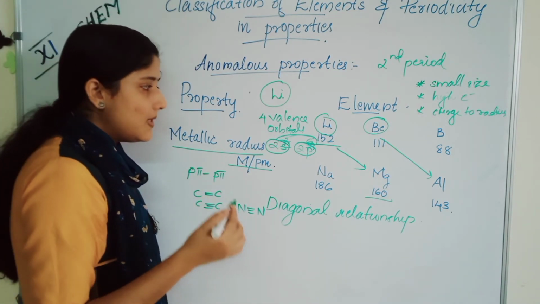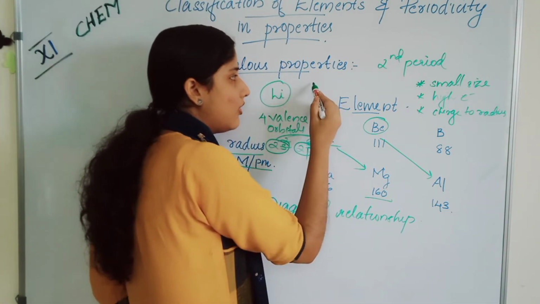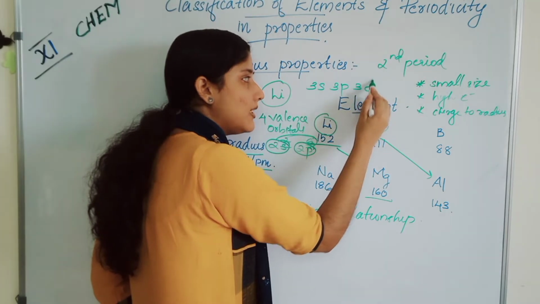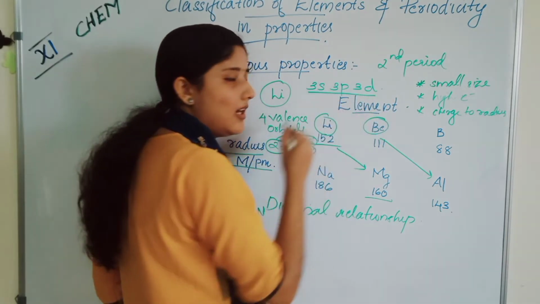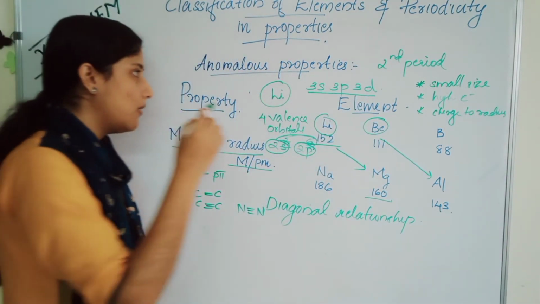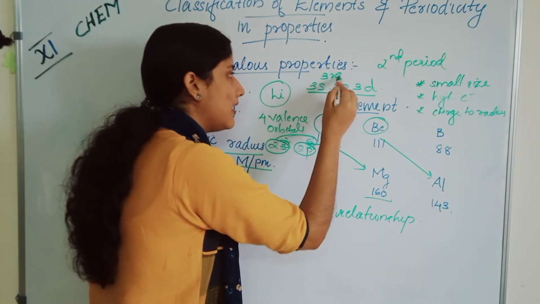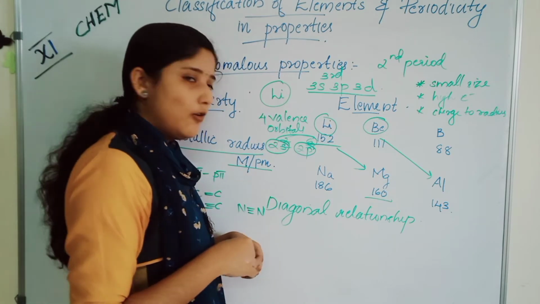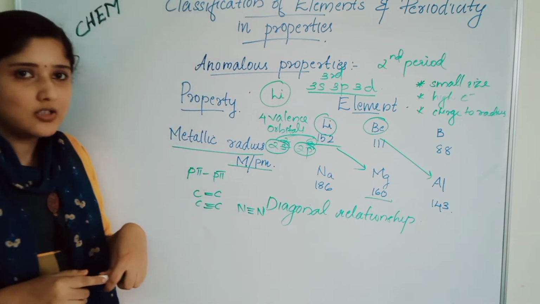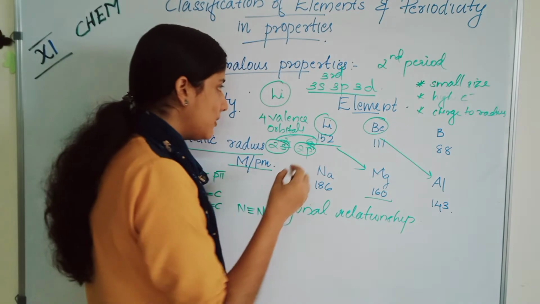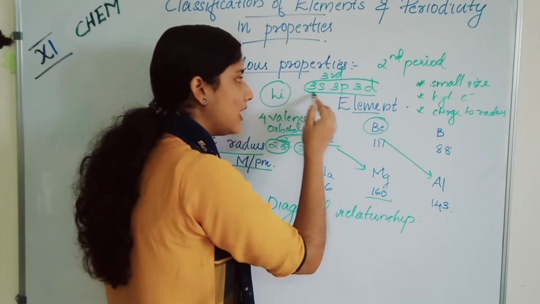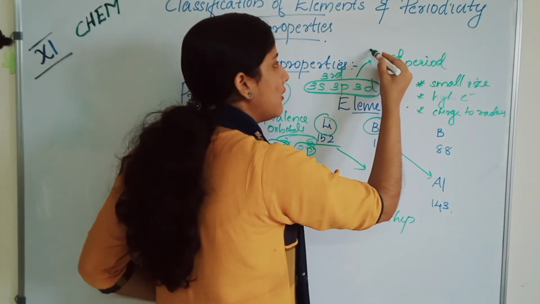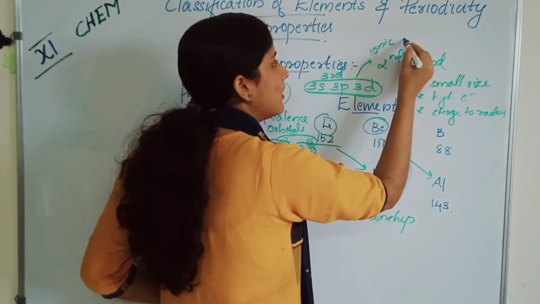But for the elements in the corresponding third period and beyond, there are 3s, 3p and also 3d orbitals. That is, there are 9 orbitals for the elements in the third period. But for the elements in the second period, there are only 4 valence orbitals. So there are more bonding options for the elements in the third period, and they also form ionic compounds.